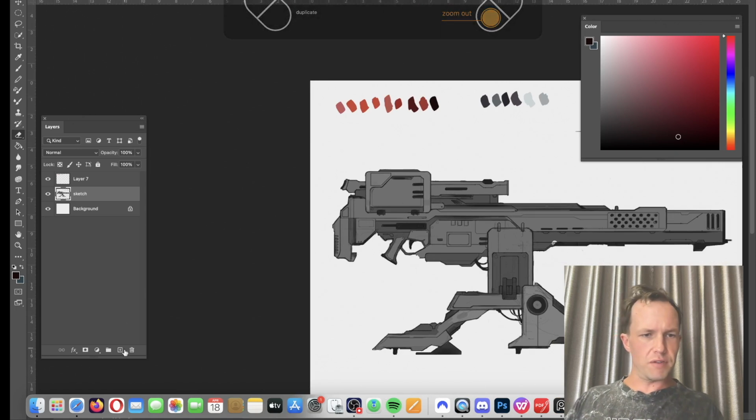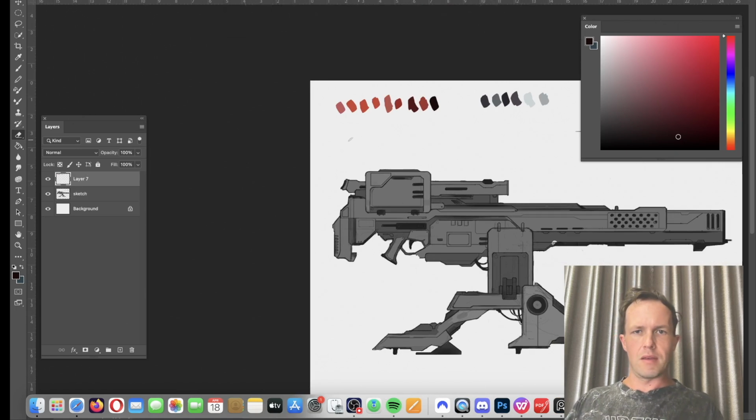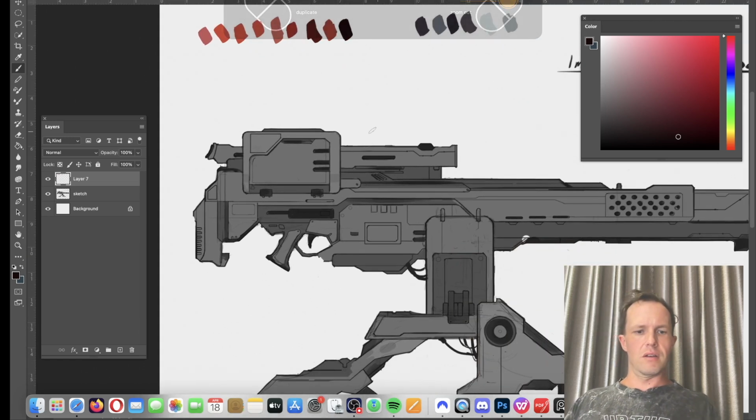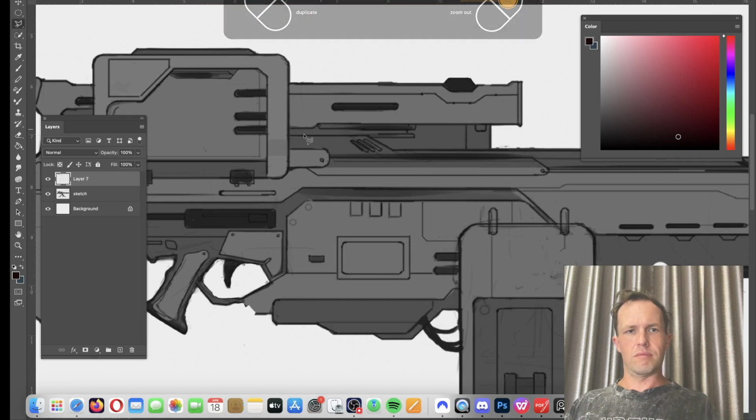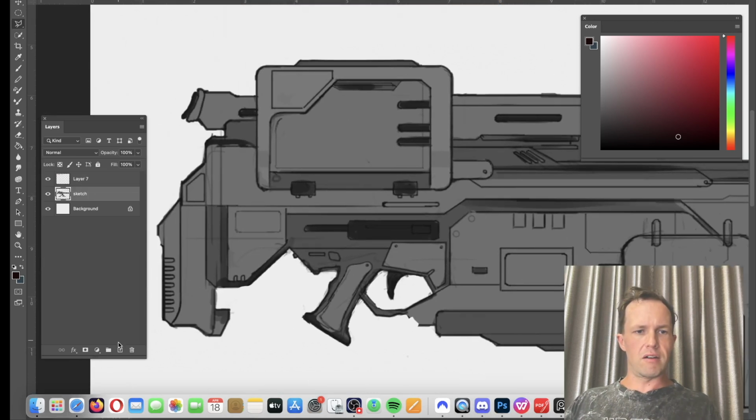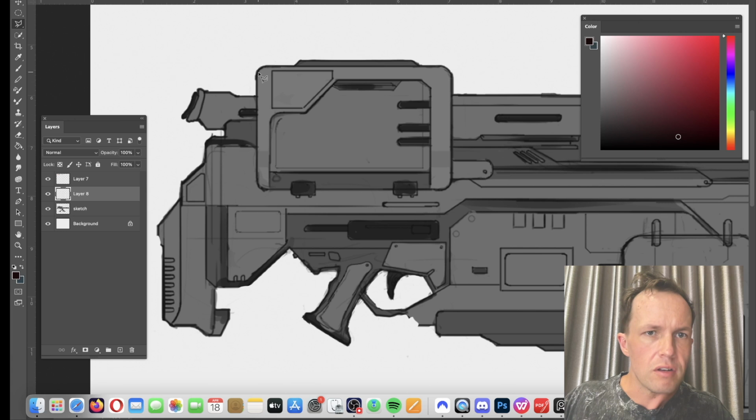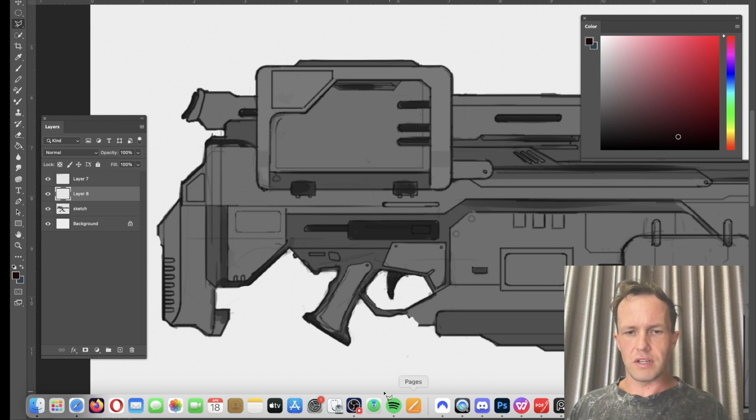Right, so first things first. So I've got my color swatches up here. These are going to be my colors I'm going to use. So what I'm going to do, I'm going to do a new layer on top of the sketch, and then I tell you what, I want to use the Bezier curve, so I'm just going to pause this and then